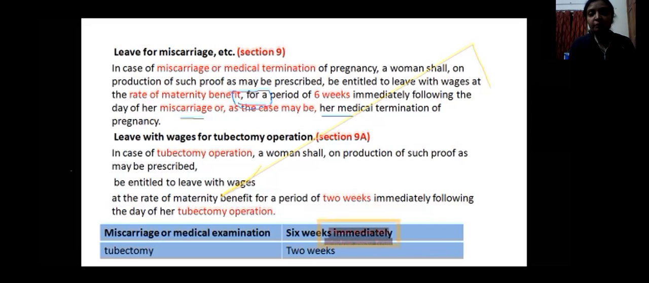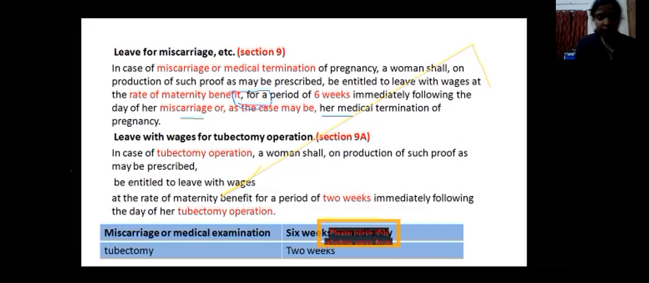6 वीक्स का। यू नीड टू रिमेंबर दिस, दिस इज वेरी इंपॉर्टेंट। you will be getting the benefit for 6 weeks, leave with wages for 6 weeks। मैंने इसको यहाँ पे भी कर दिया है टेबल में भी, मिसकैरेज और मेडिकल एग्जामिनेशन में 6 weeks। ओके, नाउ लीव विथ वेजेस फॉर ट्यूबेक्टोमी ऑपरेशन,